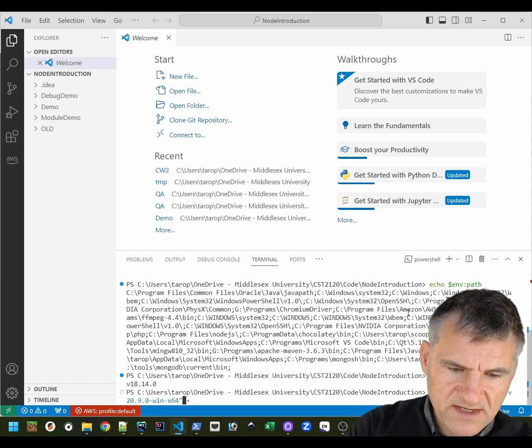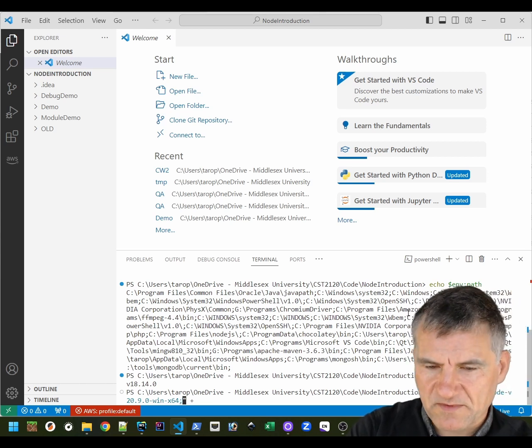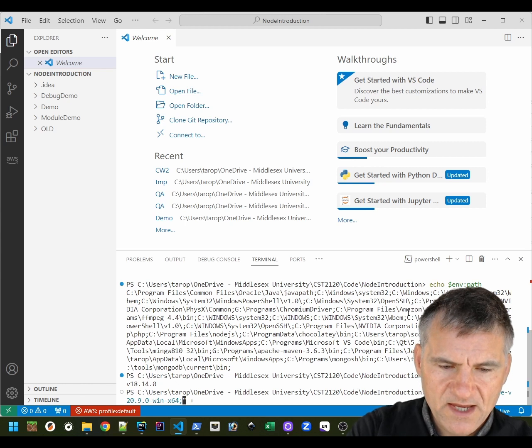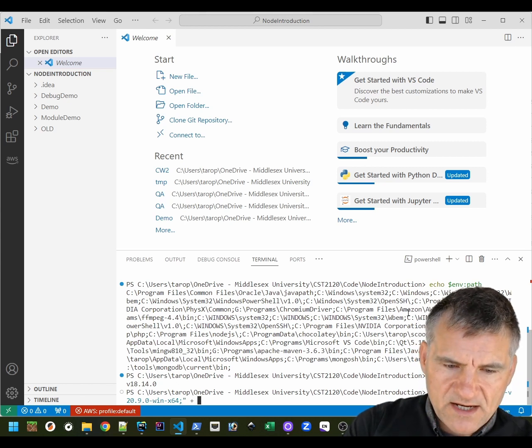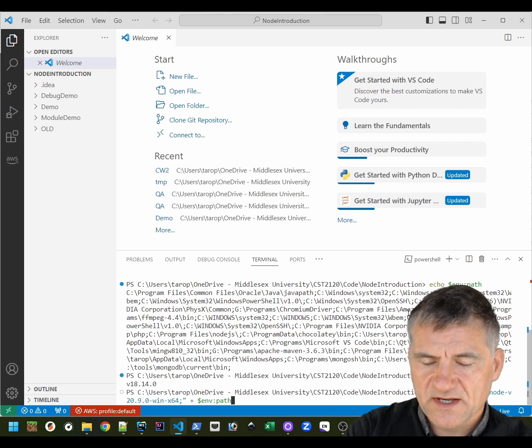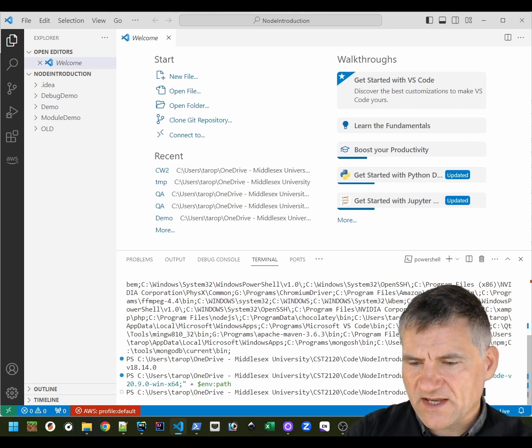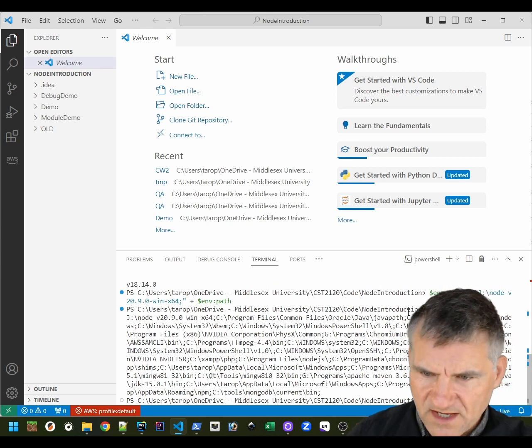And then I need the semicolon. If I don't put the semicolon in, it'll combine it with the other folder. The path entries are separated by a semicolon. And then I'll add in the original env path. So if this works, it should be version 20 of Node, because that's the version I've got on the USB stick there. Okay, so now if I echo env path again, you'll see at the beginning, if it works correctly,